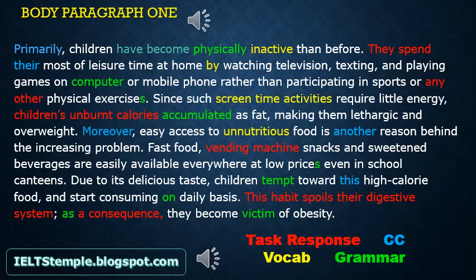Moreover, easy access to unnutritious food is another reason behind the increasing problem. Fast food, vending machine snacks and sweetened beverages are easily available everywhere at low prices, even in school canteens. Due to its delicious taste, children tempt toward this high-calorie food, and start consuming on a daily basis. This habit spoils their digestive system. As a consequence, they become victim of, however, obesity among